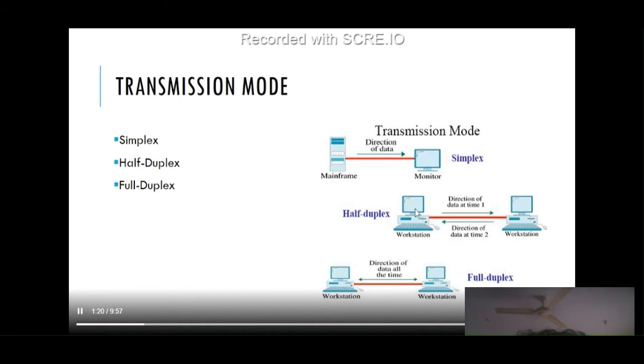But in half duplex, once it sends the data, it is not receiving data at the same time. That is called half duplex. When data is sent to this workstation, after that this workstation can send data to this one, so they are receiving after sending. That is called half duplex. And full duplex means sending and receiving data both happen together. That is called full duplex transmission mode. Okay, so here we have discussed transmission mode